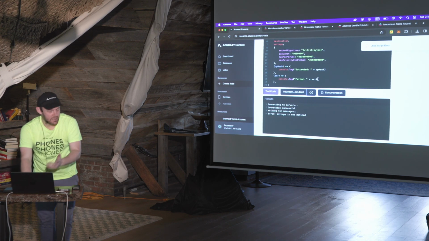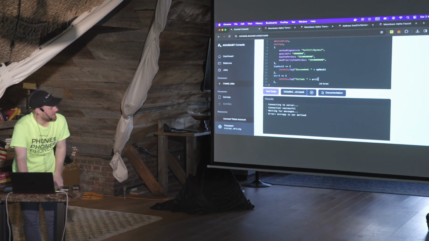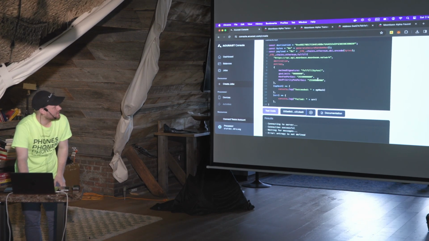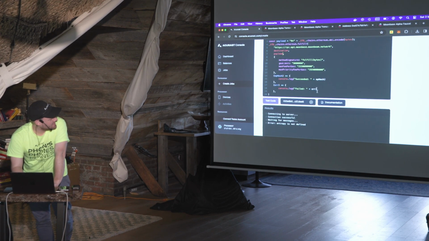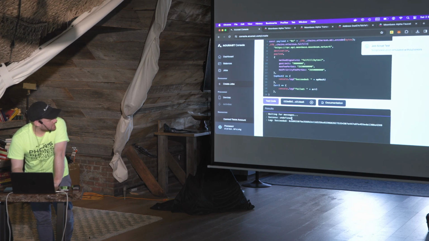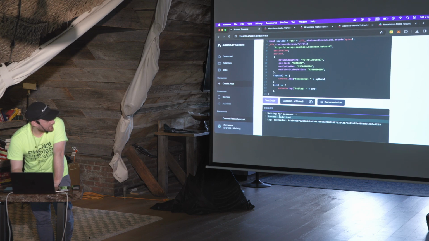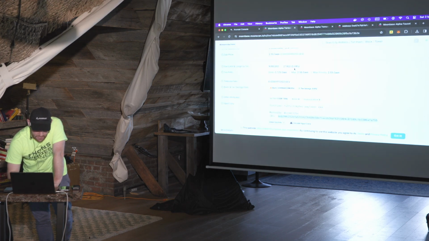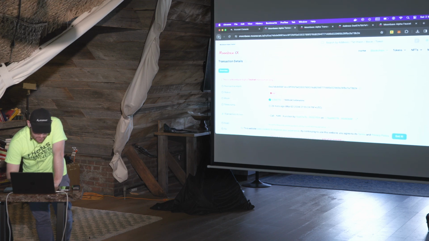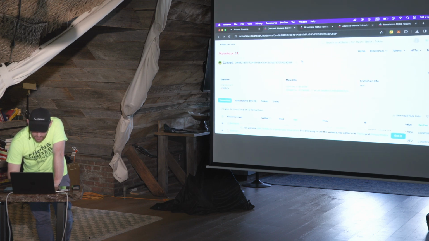Now we can already see that this script has an error, which obviously should be payload. I'll have to update that afterwards. And if we run it now, this can be ignored. That's just an internal behavior. We'll have to remove that. But we can see that it succeeded. And if we check the block explorer, we should now see this transaction on chain.